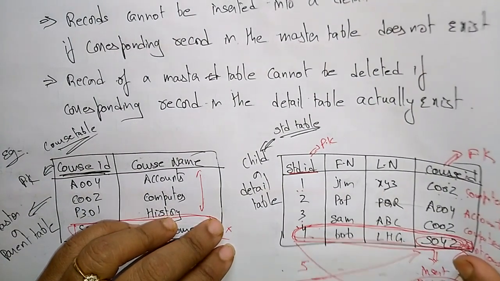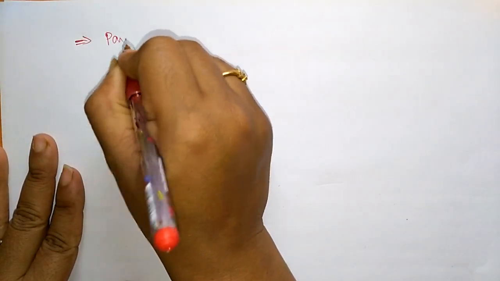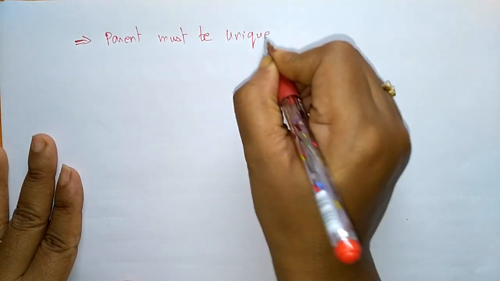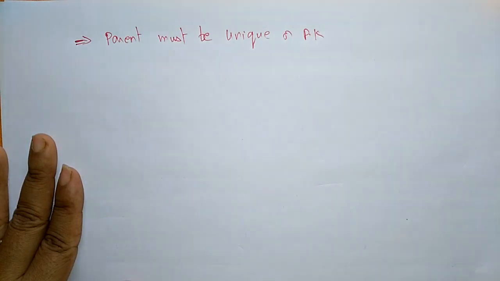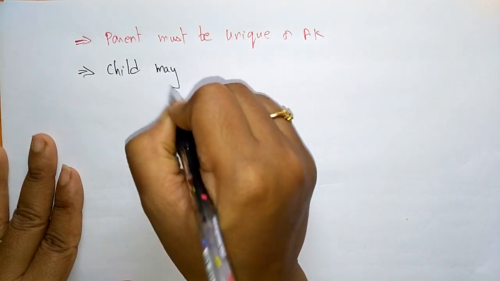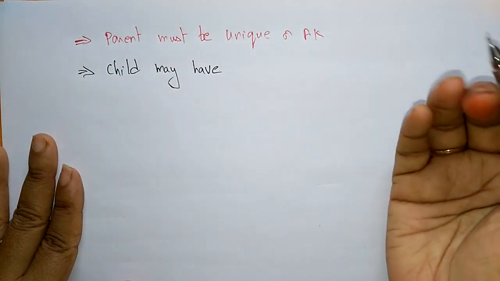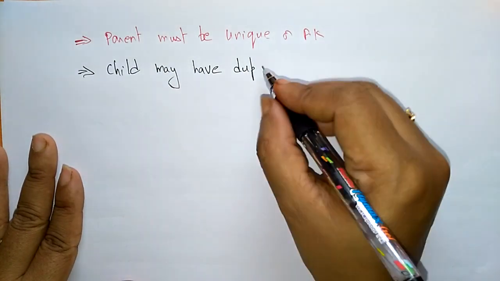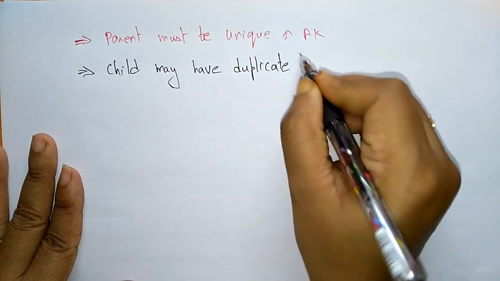So let me write some points. The points you have to remember: the parent must be unique or a primary key. At the same time, the child table, that is the detail table, may have duplicates. As I said, the foreign key may have duplicates, but the primary key does not allow duplicate values. So the child may have duplicates or null